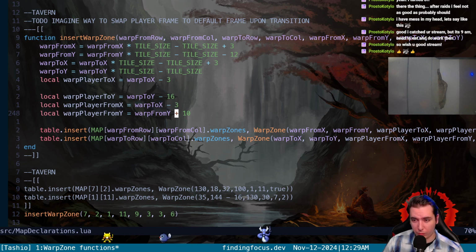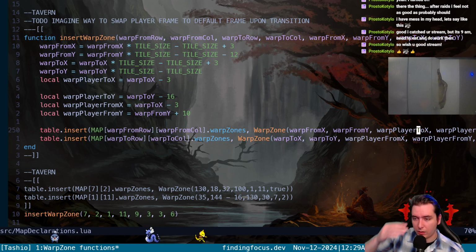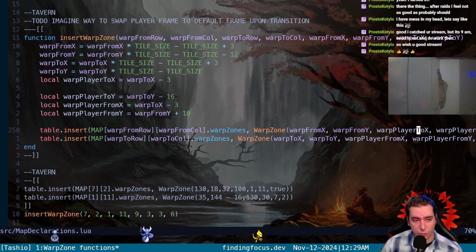It should be warp player 2X, right? No. We're trying to put the player where we warped from. So warp player, oh my god, warp player 2x is going to be warp to x, no, warp from,